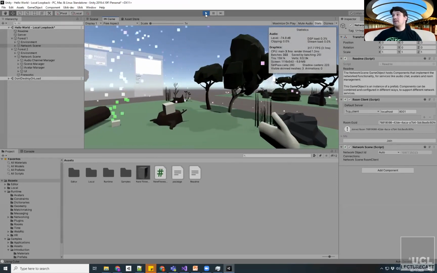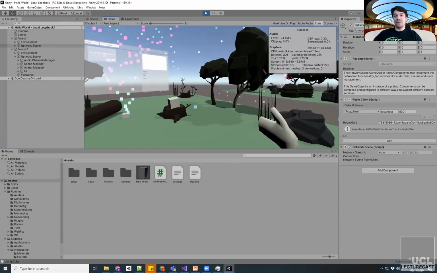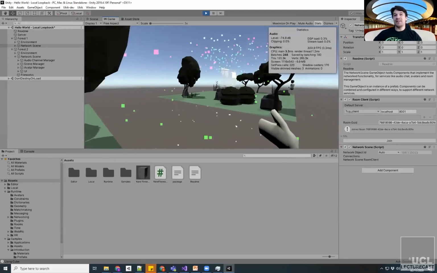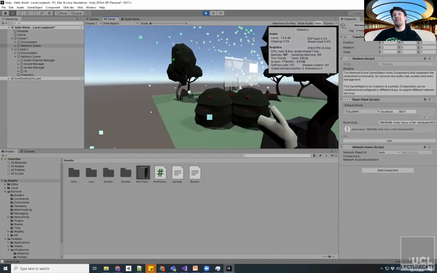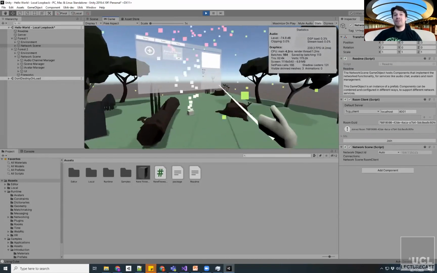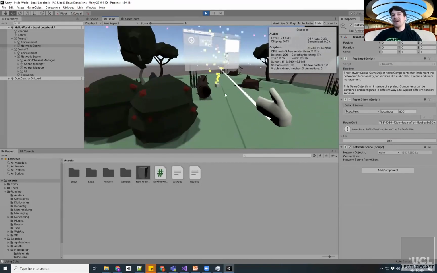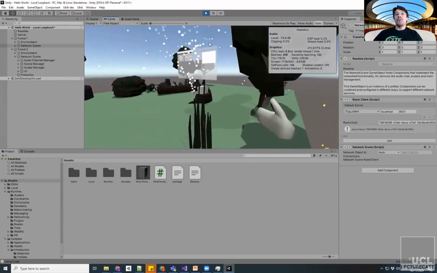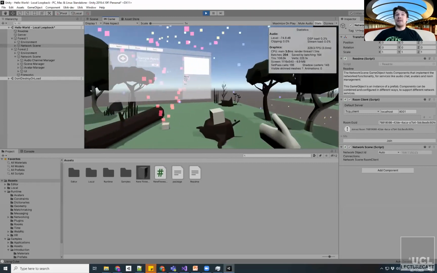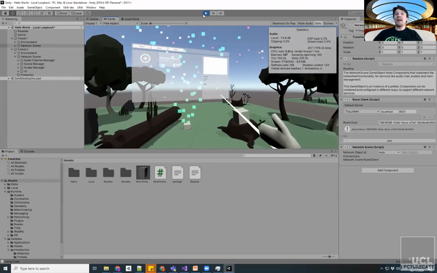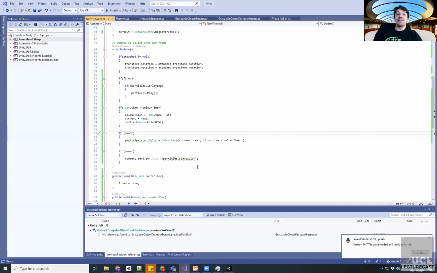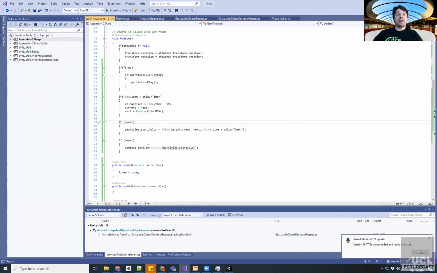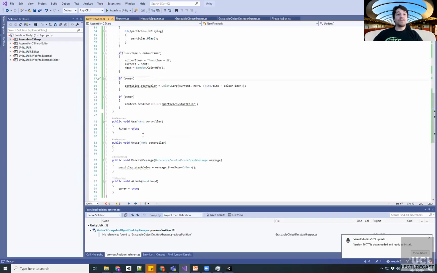Now, of course, because I'm in local loopback and I can walk between these two scenes, I can convince myself now that it's done. But in reality, these would be on separate processes. I can't manually walk over and trigger that firework there. So what I need to do now is go back to this firework script, and I need to extend this message. So this function here,